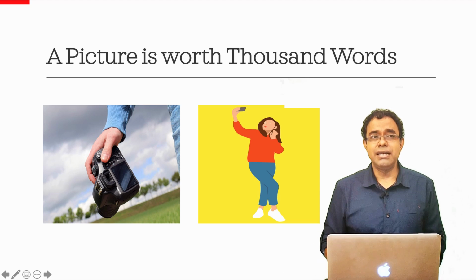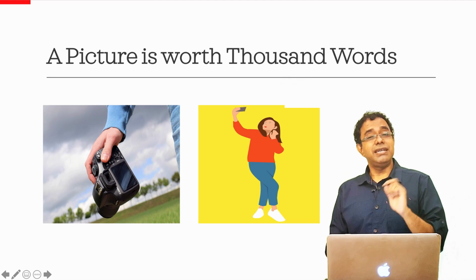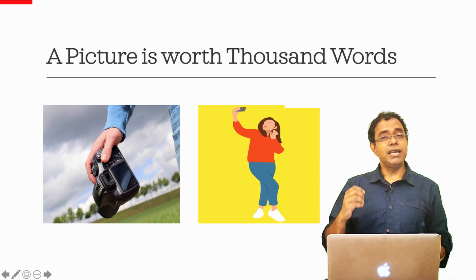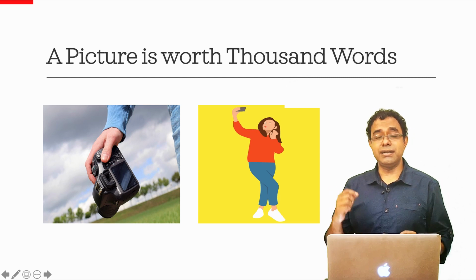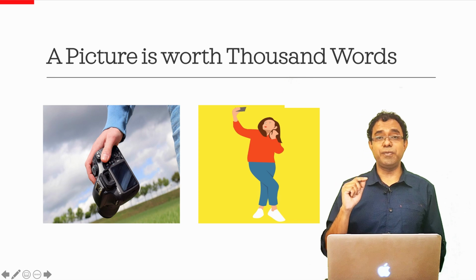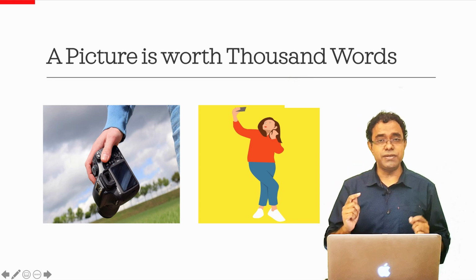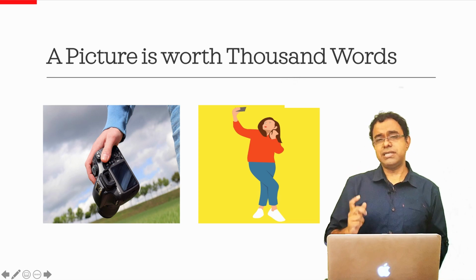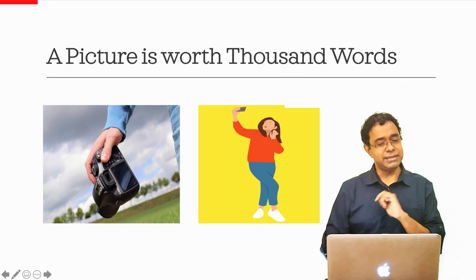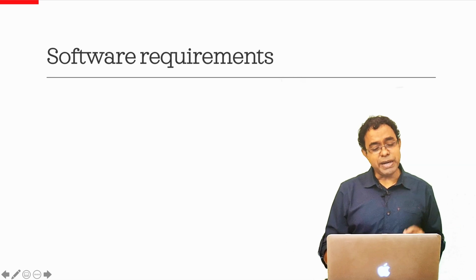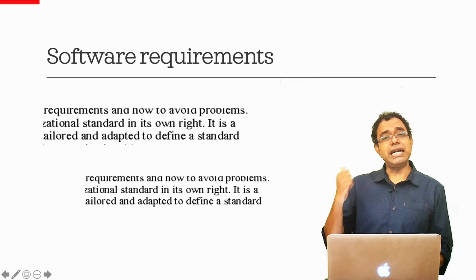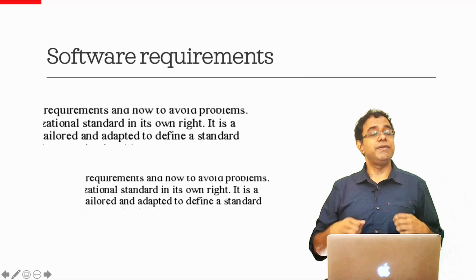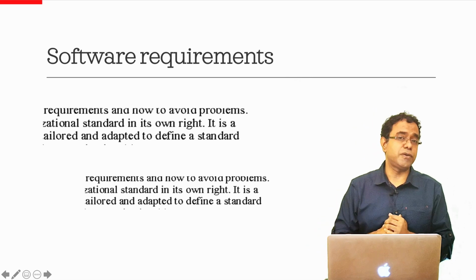And one important thing, pictures are language independent. You can show your selfie to anybody in the world, and the person who doesn't know English will not need a translator or interpreter to understand your picture. The language of picture is universal, and it has also been proven scientifically that our brain processes pictures much faster than text. The problem is, despite knowing all those things, we are still writing 1,000 words, in fact, more than 1,000 words to depict software requirements. We are still not creating pictures for software requirements.